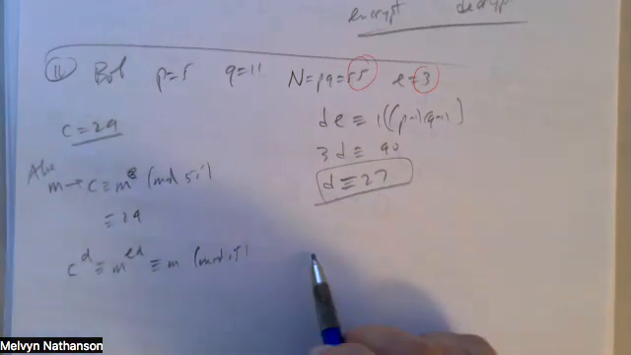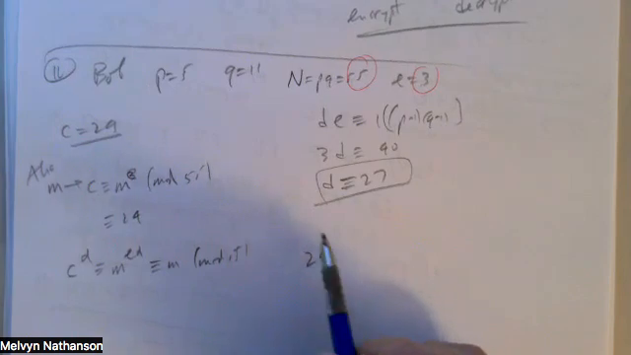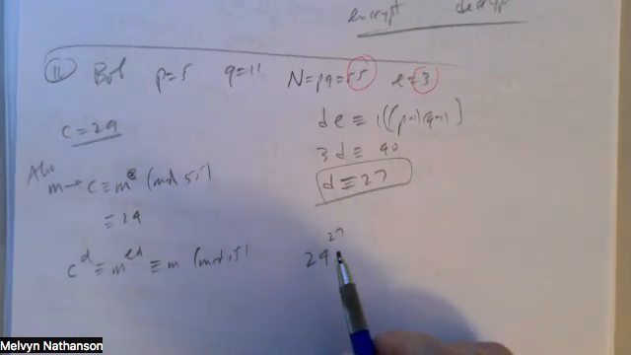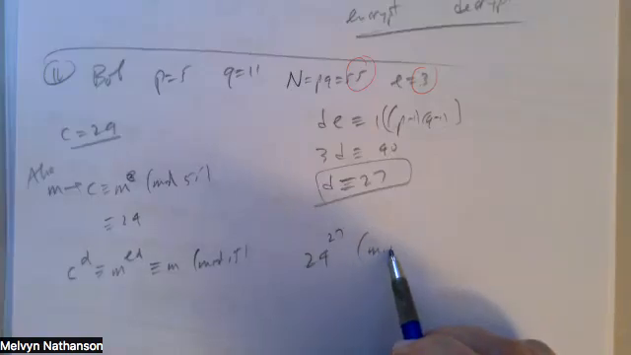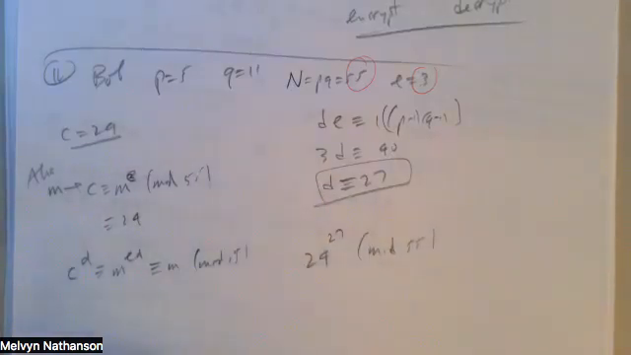So C is 24, D is 27, you have to compute 24 to the power 27 mod 55. I can't do that by hand in any obvious way right now, but if I use my computer,